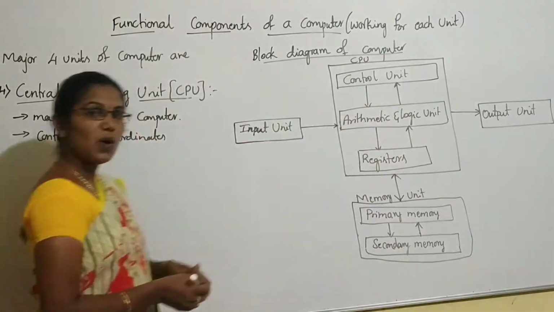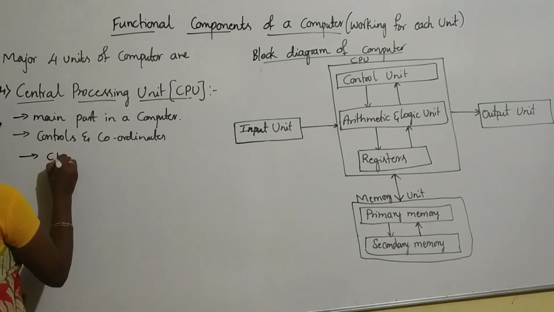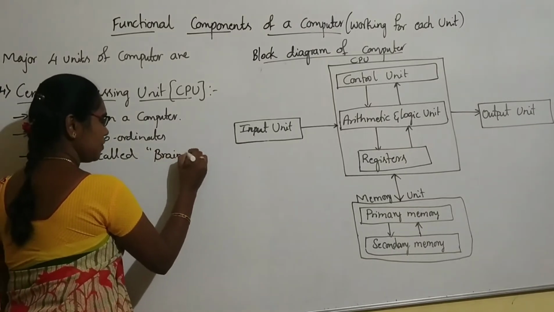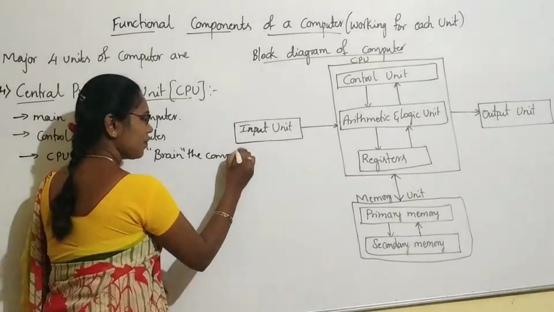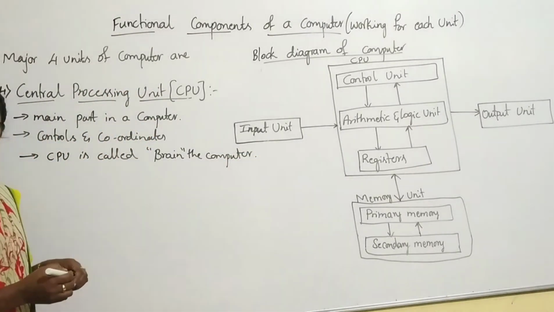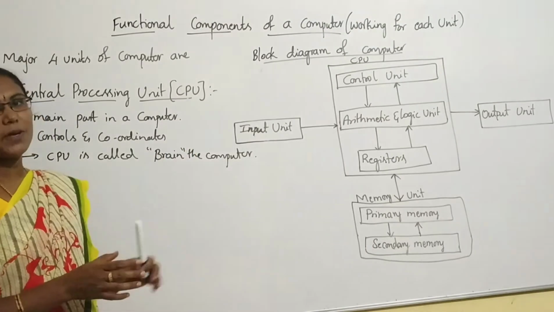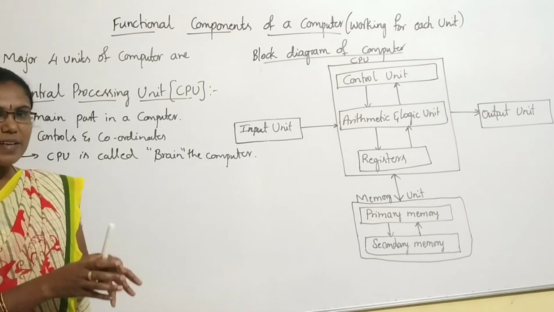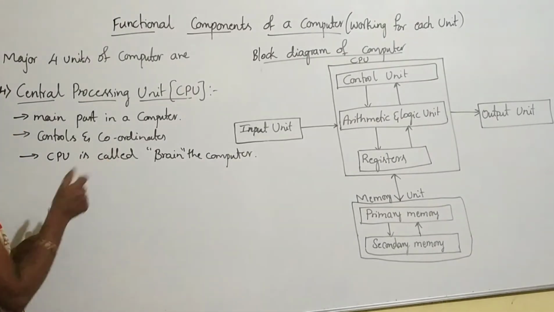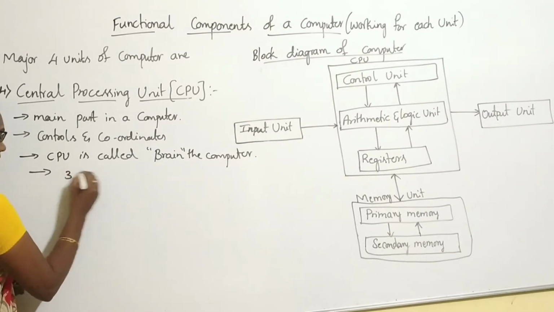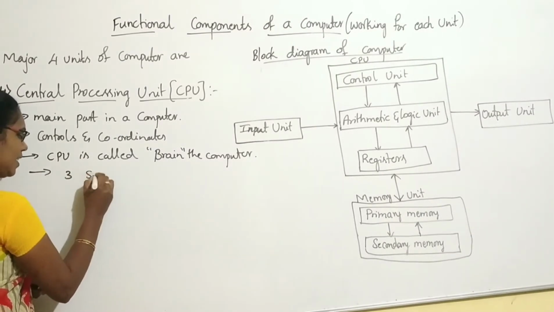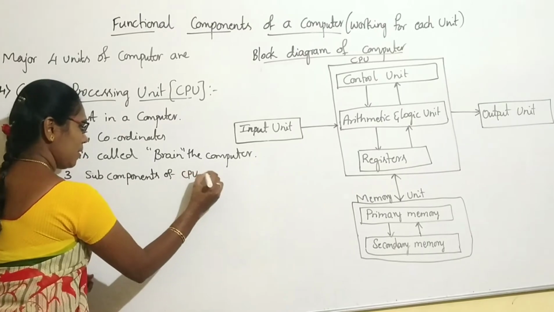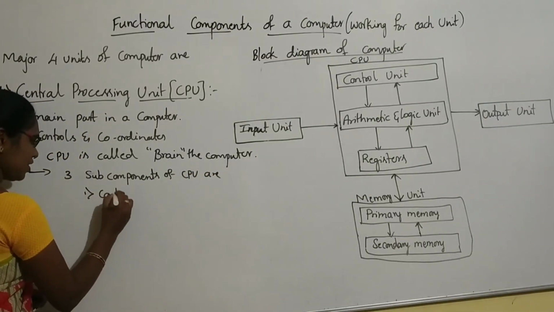So that's why the CPU is called the brain of the computer. Which one is the brain of the computer? The CPU is the brain of the computer because the CPU takes care of all the major responsibilities. Understood? It communicates and coordinates with all the external devices connected to the CPU. This CPU has three subcomponents. The three subcomponents of the CPU, the first one, is the control unit.